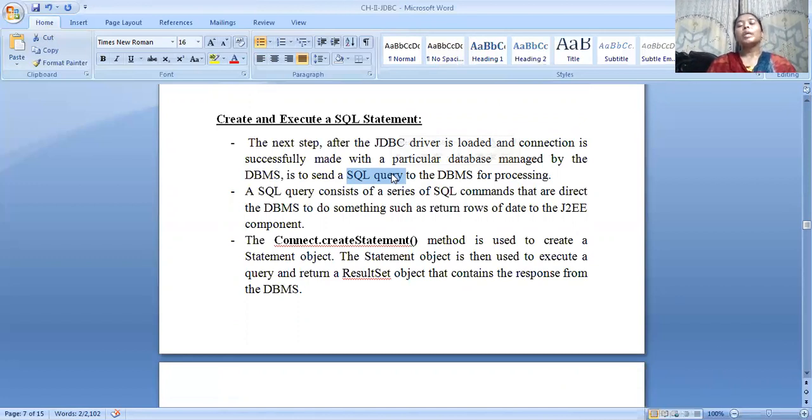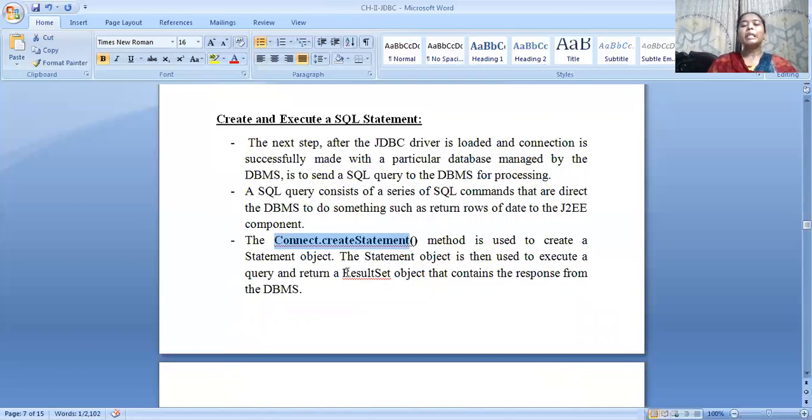The J2EE component sends a particular request to the DBMS in the form of commands. For that I need to use the function connect.createStatement, so that it will produce the output, and this statement object is used to execute the query and return the result set.